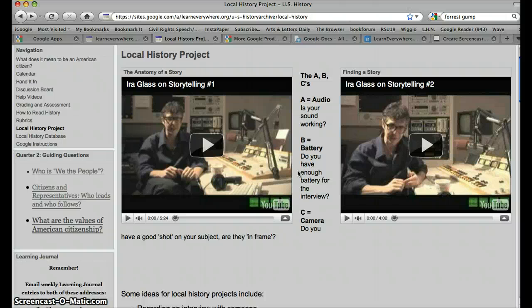History is about opinion. It's about measuring your opinion against facts, against the data that we have. And it's important to hear a lot of different analysis from a lot of different voices. So when you do these interviews, be appreciative, be respectful, of course, and I look forward to seeing them.